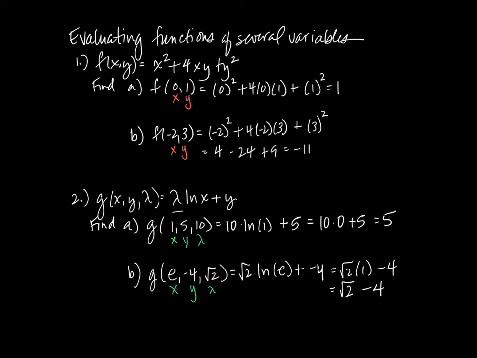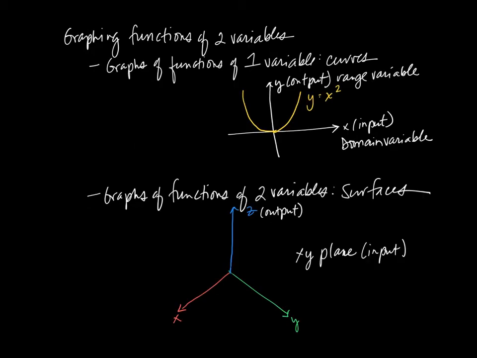Now when we are graphing functions of two variables in particular, we have two inputs and one output. So if we want to compare this to what graphs of functions of one variable look like, well, functions of one variable, we had one input and one output. And when we graphed them, our horizontal axis was our input variable, which was oftentimes x, and then the vertical axis was our output variable, which was often y. So we could draw the relationship like y equals x squared. The input variable is x, so when x is 1, 1 squared is 1, so you get the point 1 comma 1. When x is 2, 2 squared is 4, you get the point 2 comma 4, etc.